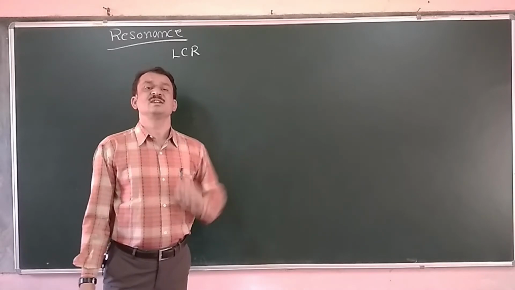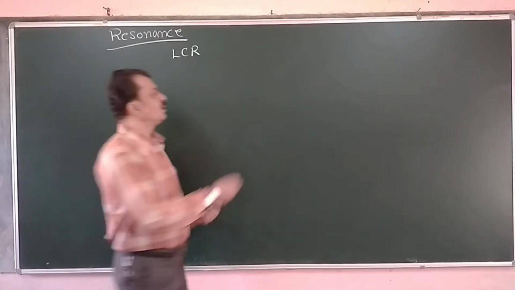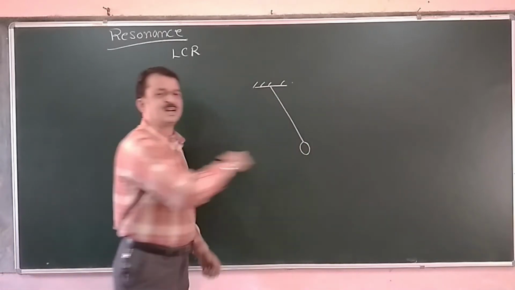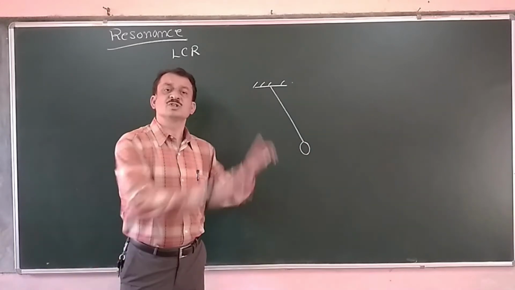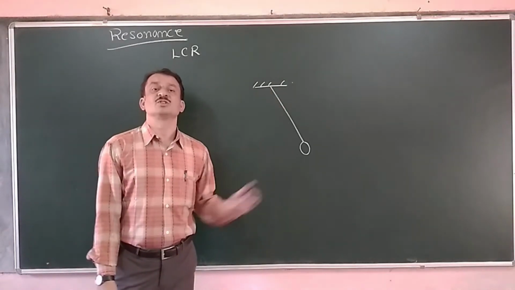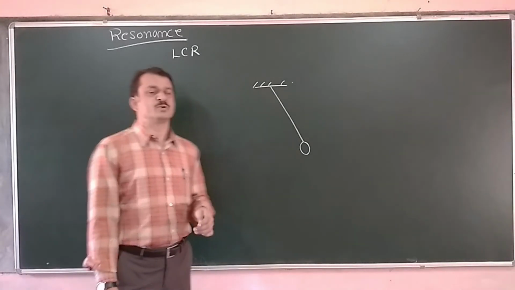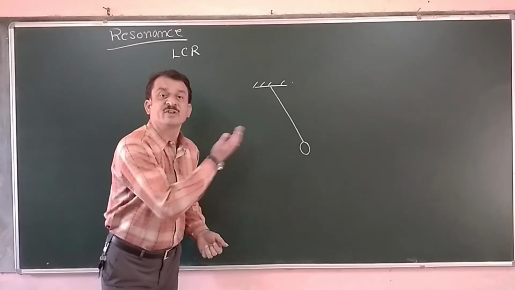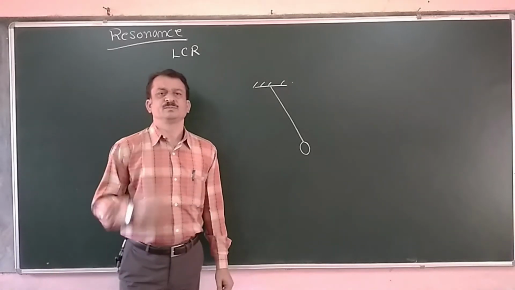If the driven frequency equals that natural frequency, driven means, say we have a pendulum here, and that pendulum bob is oscillating. After some time, its amplitude goes on decreasing and becomes 0. The oscillation stops. That we call damped oscillation, that we have studied in first PUC. Why are we observing the damped oscillation? Because of the presence of the air medium which opposes the oscillation.